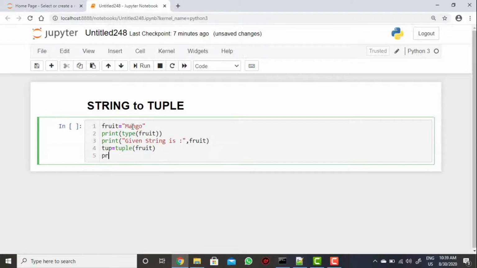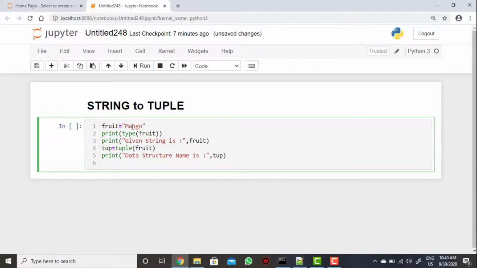Now I am going to print the data structure name, that is the variable, and also the tuple values. You can convert to tuple values directly, and for the data structure name you use the type built-in function.